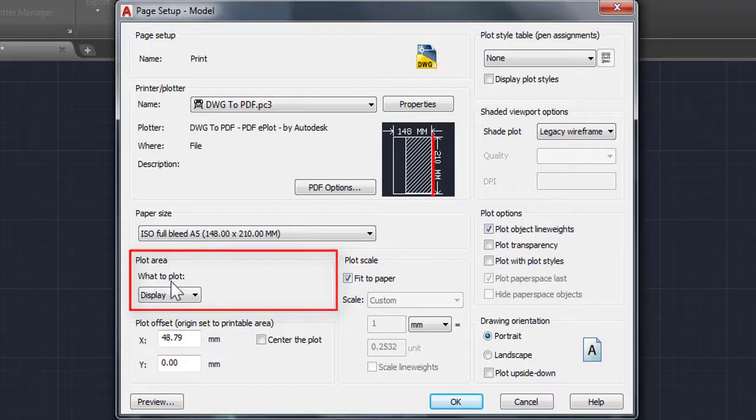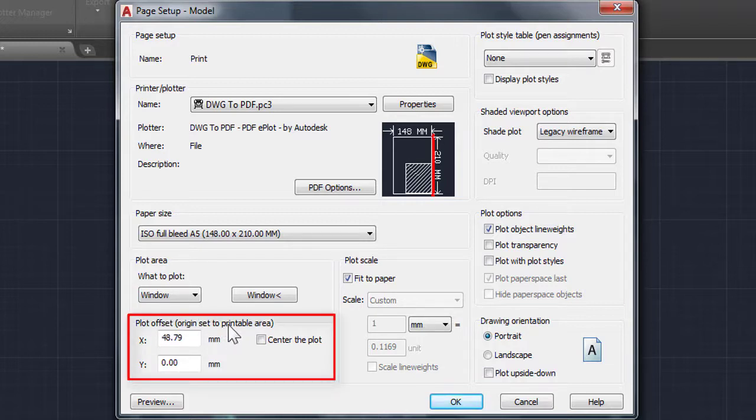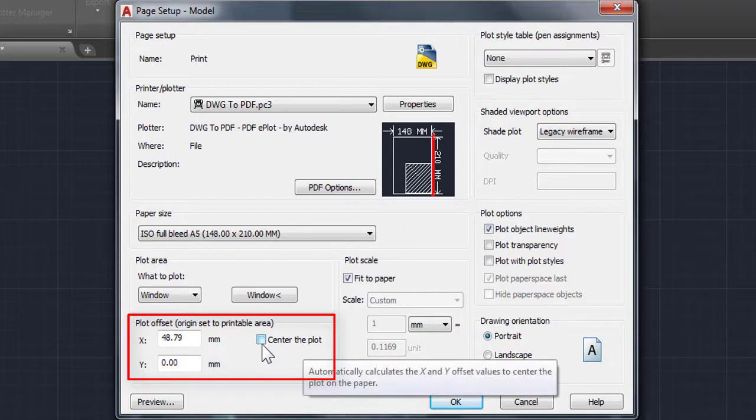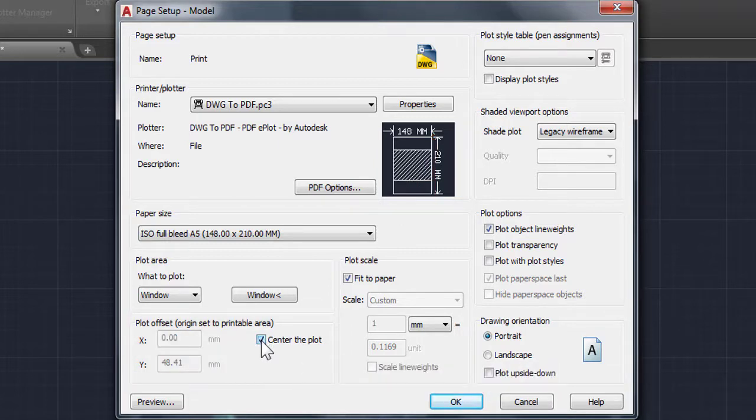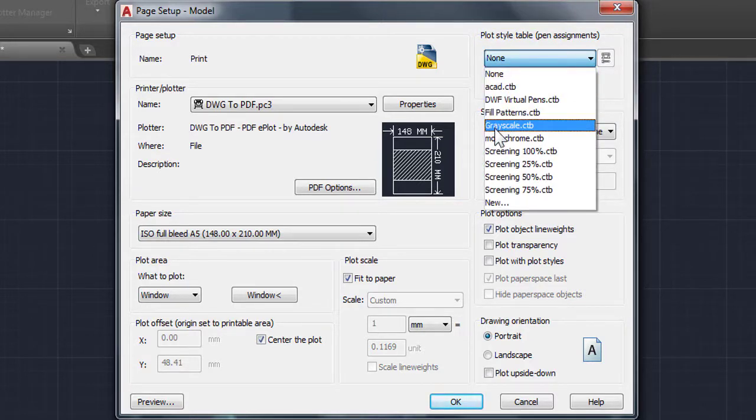On the plot area, I recommend you select window, which is here, to allow you to choose which part of the drawing you want. Then click center the plot, and in the plot style table, by selecting grayscale, you have complete black and white when you plot it,